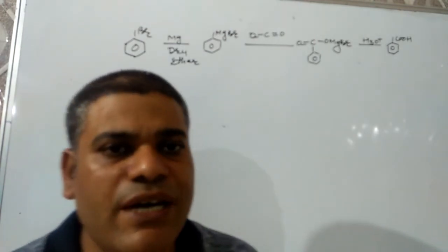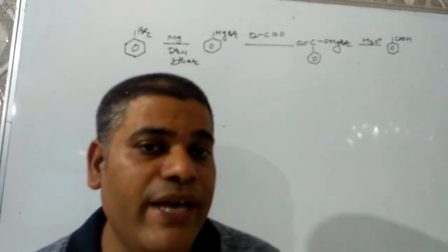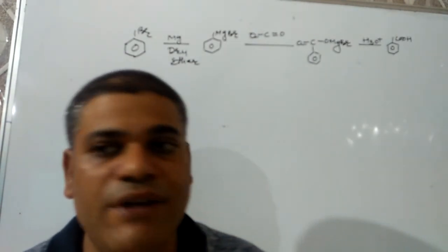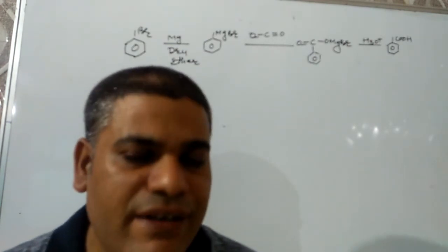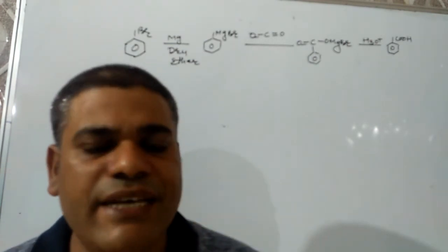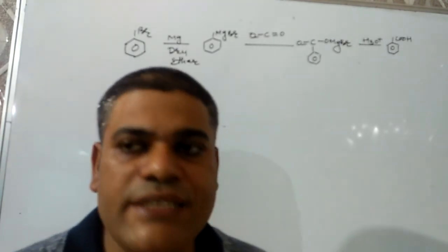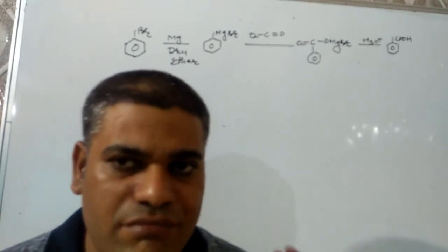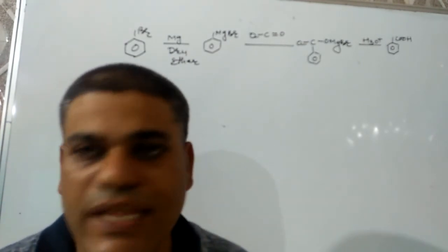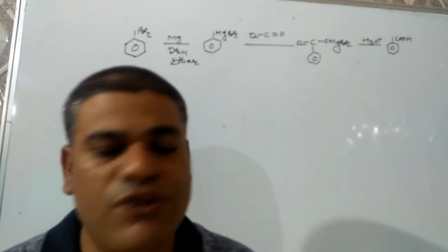There are 12 to 13 reactions in that table which are very important for your board exams. Generally 5 questions are asked from that table, and that's why I'm saying it is a very important table, like the Grignard reagent table or the cation table. So please be attentive, do the conversions with the help of that table, and practice so that you can get mastery over it.